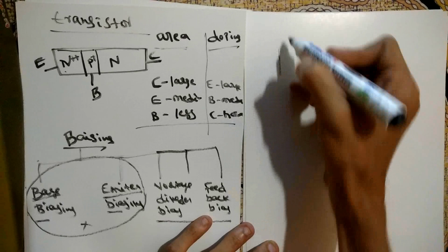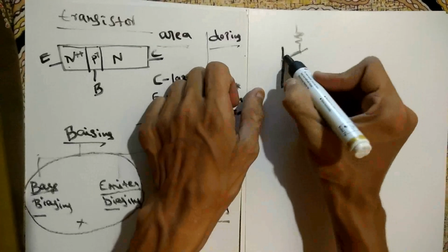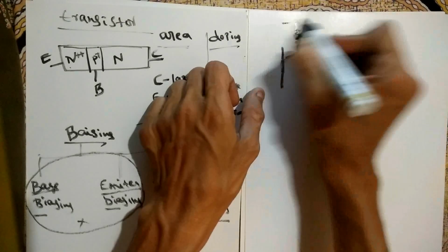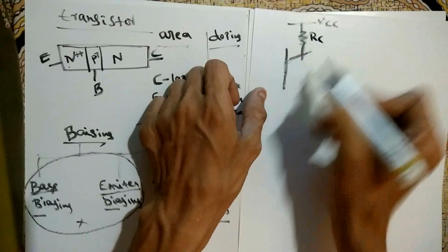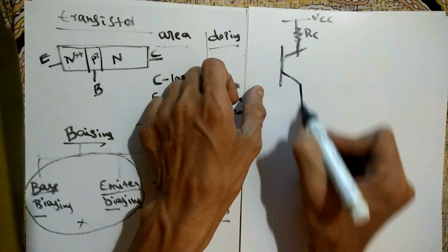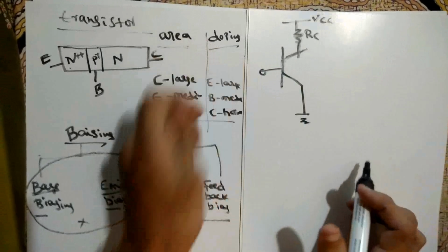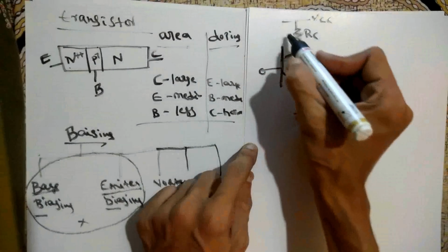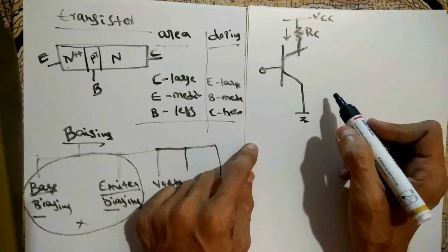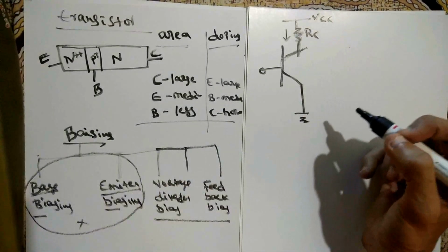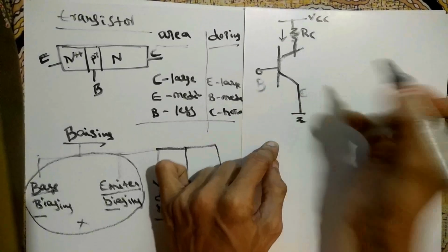In biasing, what are the things we are controlling and how are we doing that? First we will check one simple transistor circuit. We have the DC supply VCC here, one RC connected to the collector, the emitter connected to ground, and the input at the base. In this case the current flows in this direction because of the positive voltage given to the upper portion of the transistor. So we know these are the base, emitter and collector.